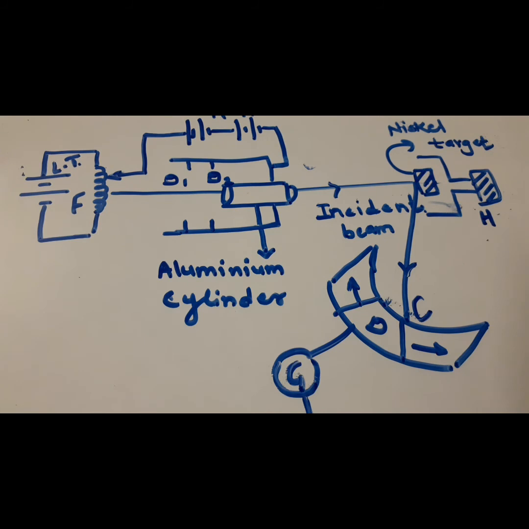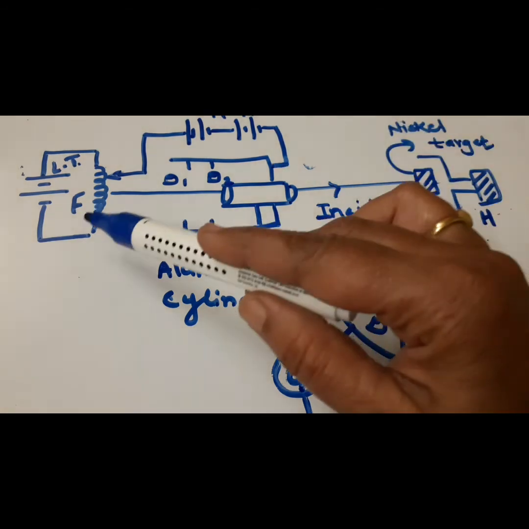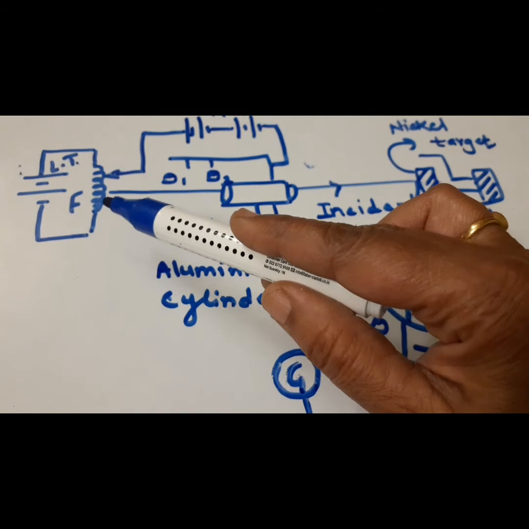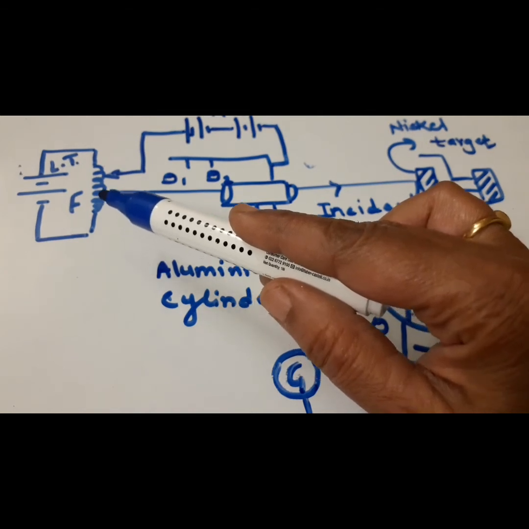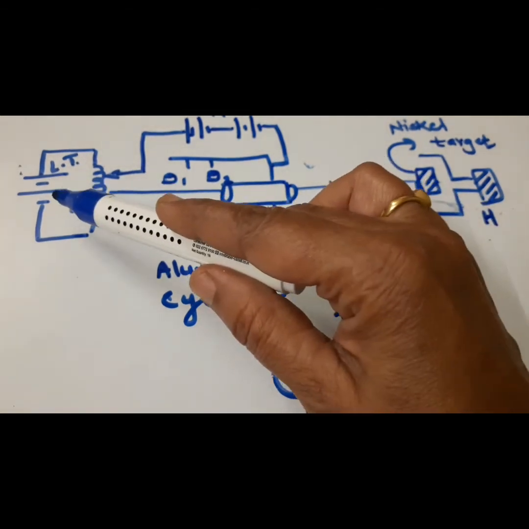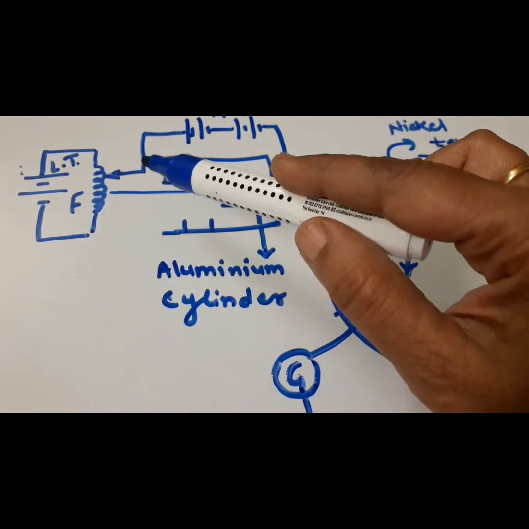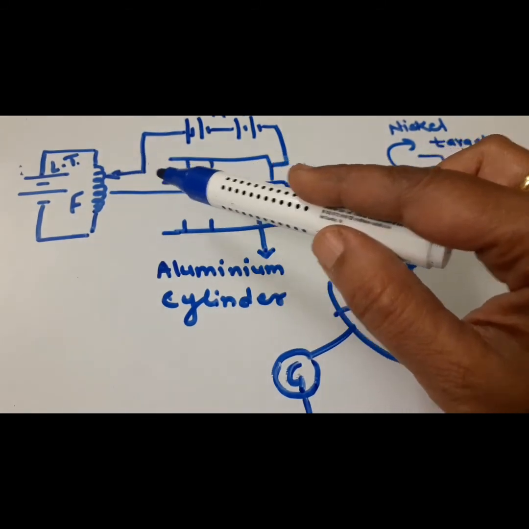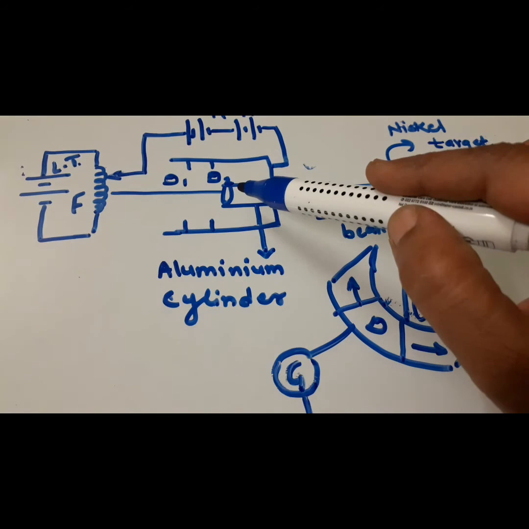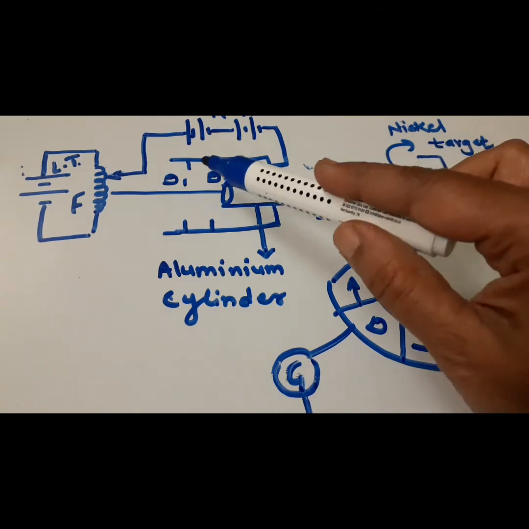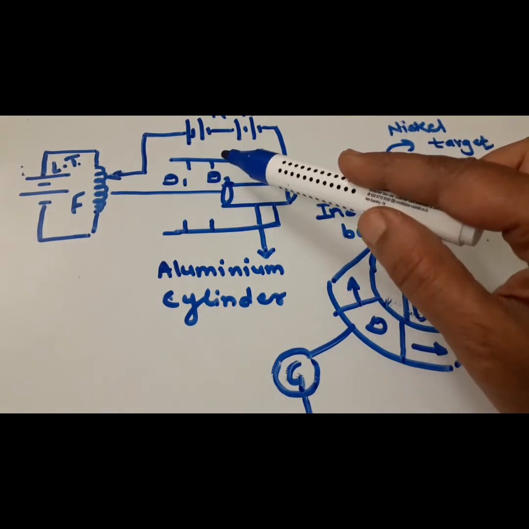Again I will revise the figure. All of you listen carefully. The electrons are produced by heating the filament F by a low tension battery. The electrons are passed in parallel lines between the slit by using the aluminum diaphragms D1 and D2.